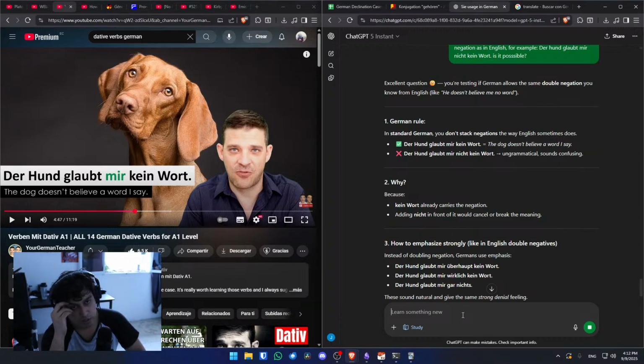In standard German, you don't stack negations the way English sometimes does. Der Hund glaubt mir nicht kein Wort is ungrammatical and sounds confusing. Why? Kein Wort already carries negation. Adding nicht in front of it would cancel or break the meaning. Instead of double negation, German uses emphasis, which is der Hund glaubt mir überhaupt kein Wort.